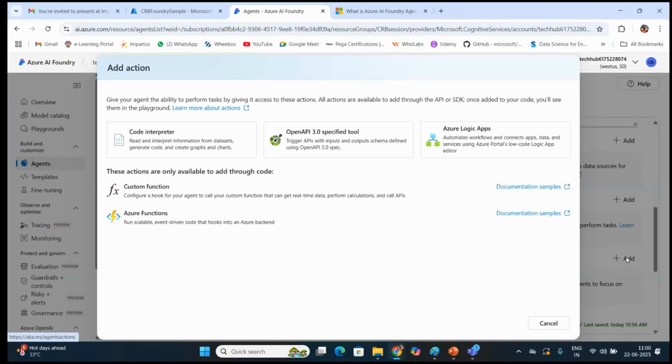To make an action performed, you can connect your data with the help of an Azure function, or you can write a custom function on your own, or else you can connect the OpenAPI 3.0 specified tools, which would open up a tool where you can go ahead and write it, or you can have the code interpreter added for your action, and from there you can get the details added inside your data.